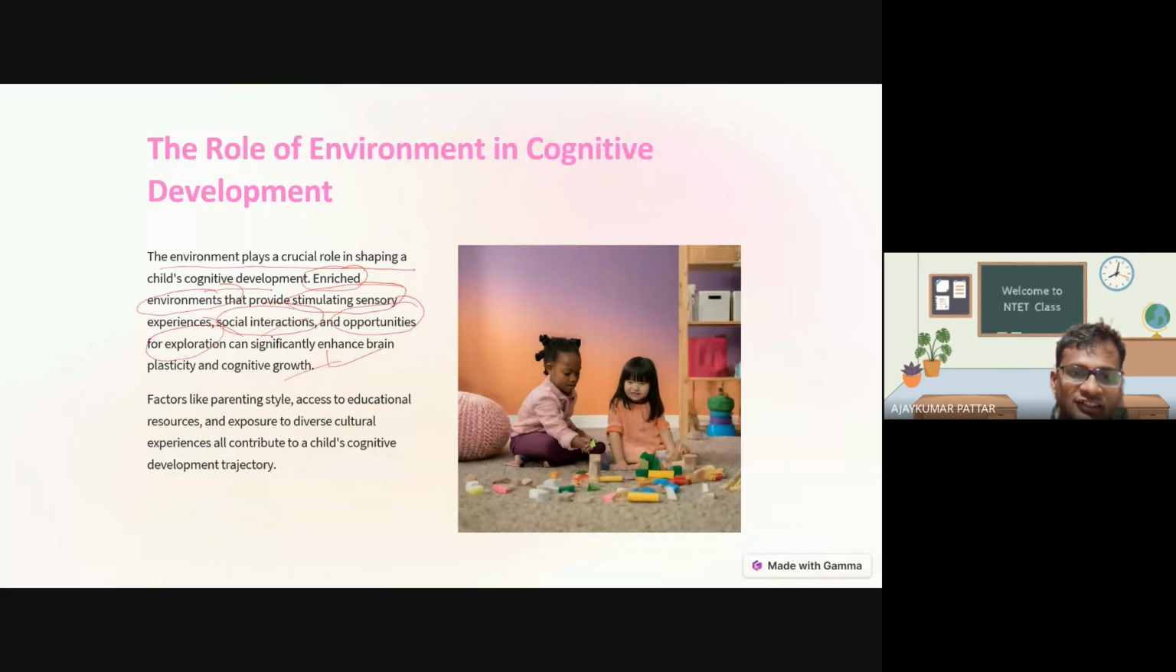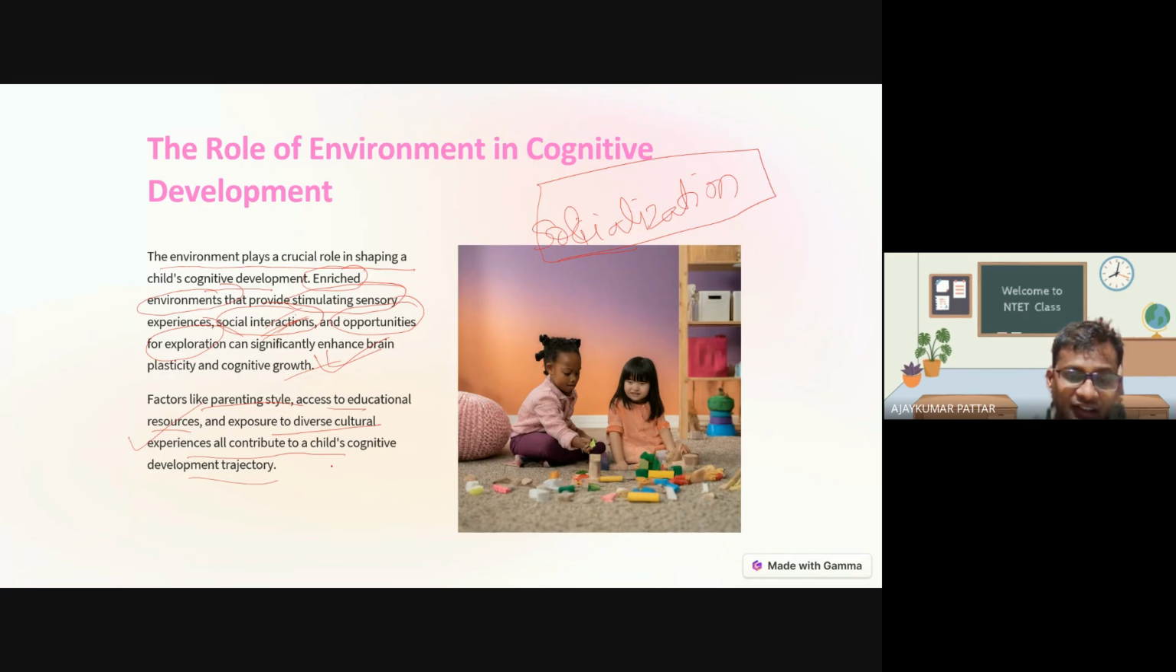Then social interaction: if the child is socially active, with different types of persons, it should interact and socialize. In the previous class, we discussed the term socialization. That socialization should be there. That is also important to cognitive growth. Factors like parenting style, how parents behave, educational resources, and diverse cultural experience all contribute to the child's development,